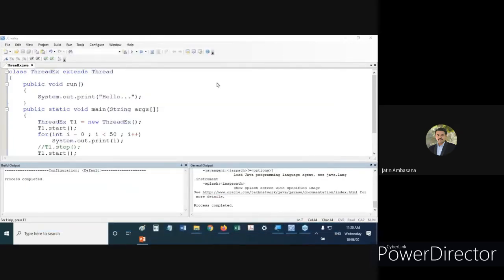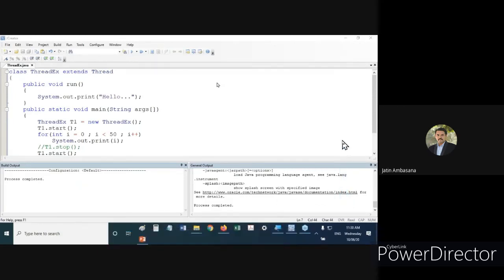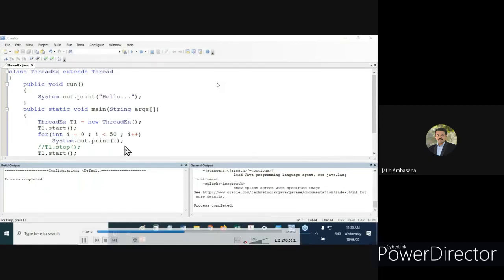Check this out. What happens if we use some different things over here? Like for example, I started, I try to print. Now see what I'm doing here is starting the thread. As soon as it starts, one thread goes to this run method, and the main thread continues over here. So two threads are running parallelly from here. One is this one, another is this one. And this main thread will start printing the value of I from 0 to 50.